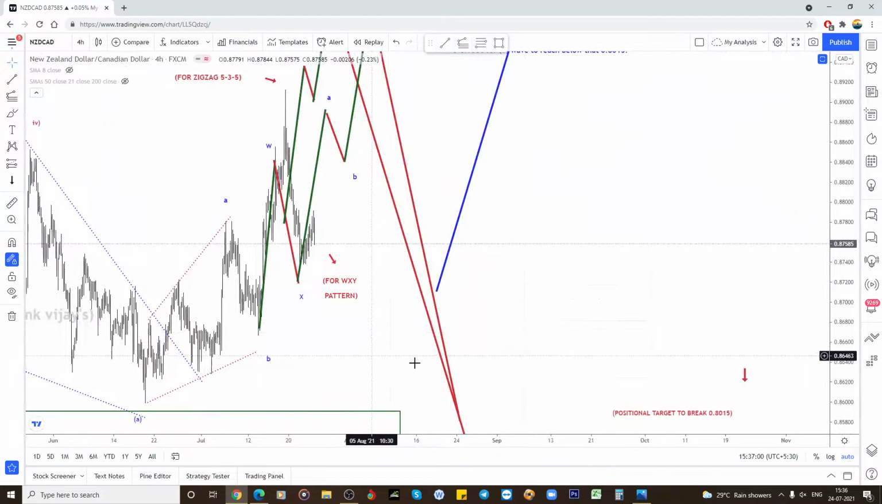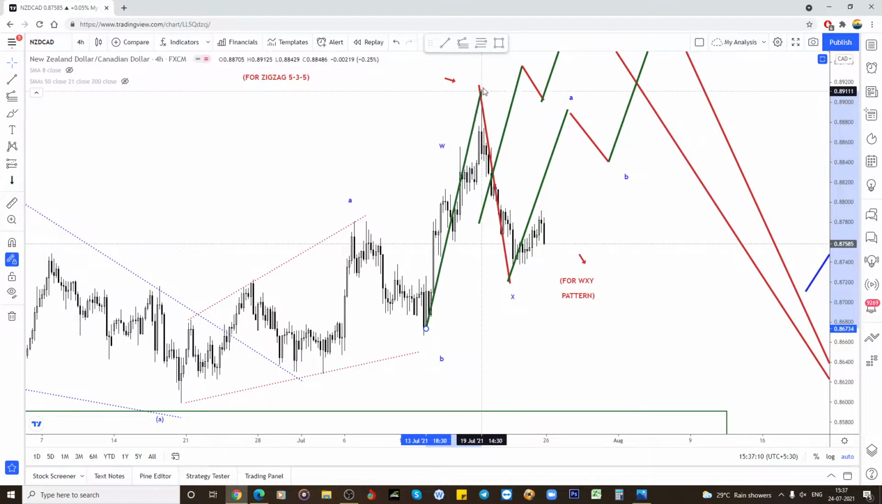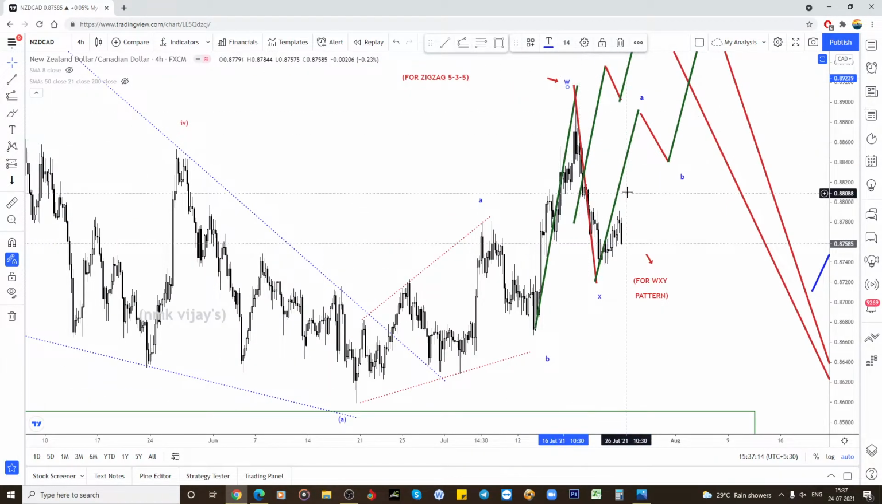So now what I have explained from here, the 1 2 3 4 5, and from here I am expecting the 3-way structure, and it will give some exhaustion like this. So that means this is the end of the W, and I'm expecting the X wave. So this could be a little bit of correction like this,